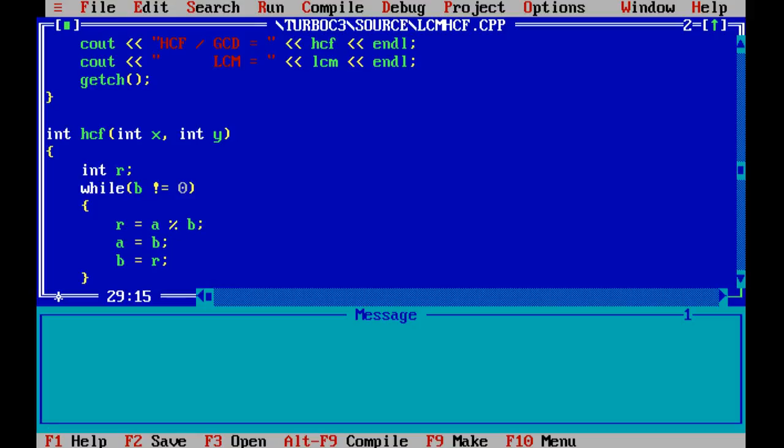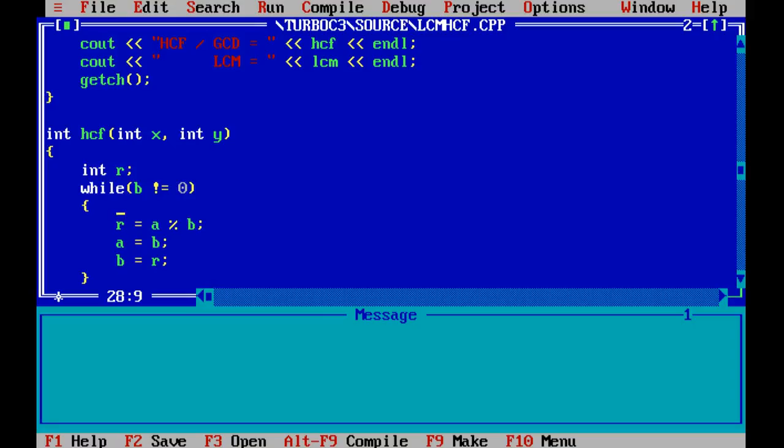Let's say the two numbers are 18 and 24. So let us say A is 24, B is 18. So 24 divided by B, remainder is what? 6. So R becomes 6. Now A is 24, B is 18. So A becomes 18 and B becomes 6, right?